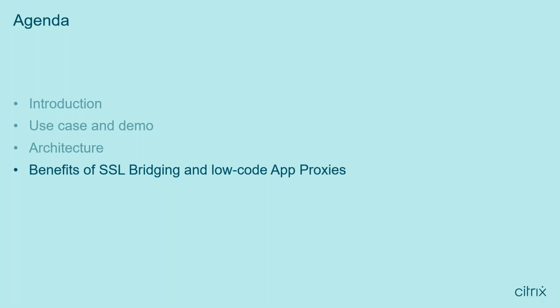There is also a concept of SSL bridging and low-code app proxies. I will go through step by step what this actually means. But for people that are familiar with ADCs like Citrix NetScalers, they'll be very familiar with bridging. This is one of the easy functions to do and actually quite powerful. So if we couple it with this low-code app proxy that I'm going to talk about, it becomes very powerful, and you can hook things up really easily to pretty much your environment.